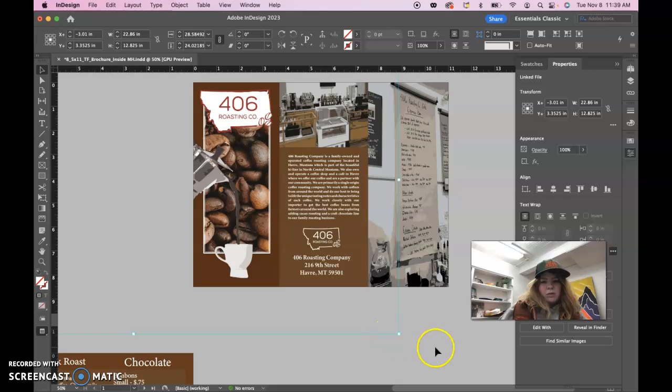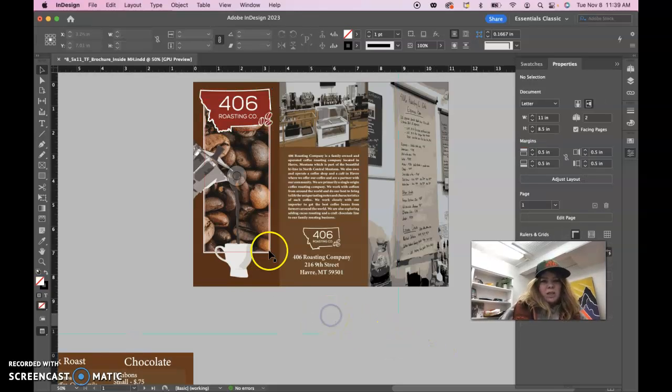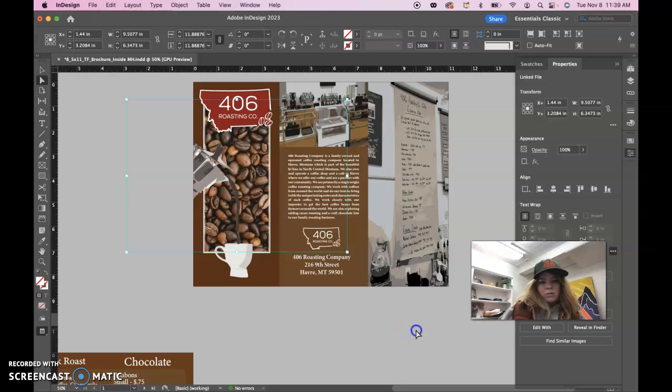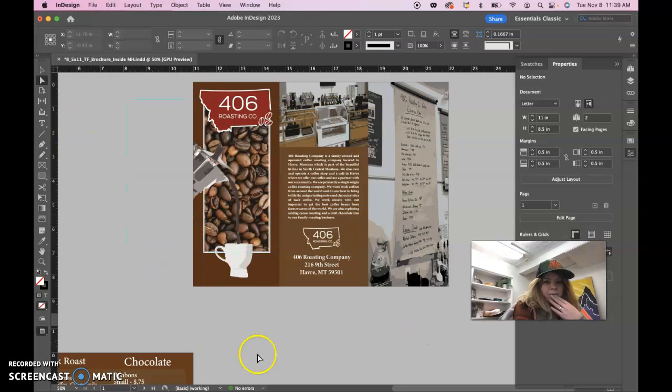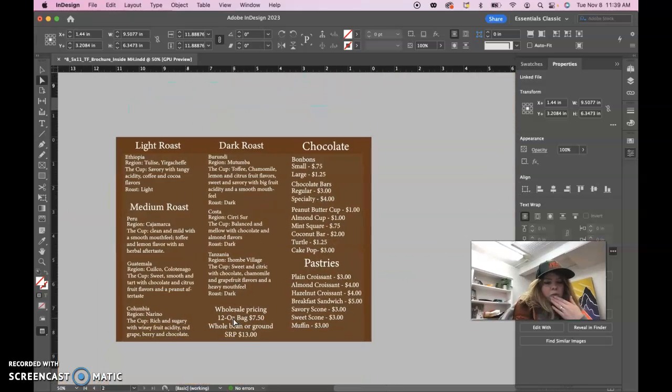Like the way you had the front cover was fine. I felt like it needed a little something, but I'm not exactly sure what. It might be something that you just need to play with a little bit. I think this background image is taking away from the actual coffee pouring into the mug though. So this